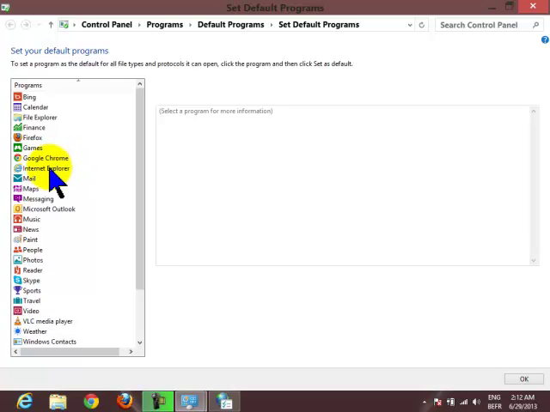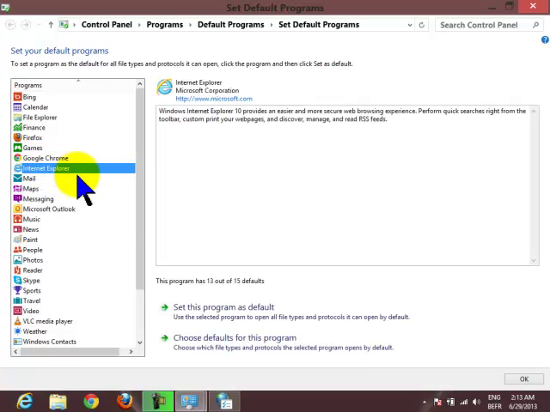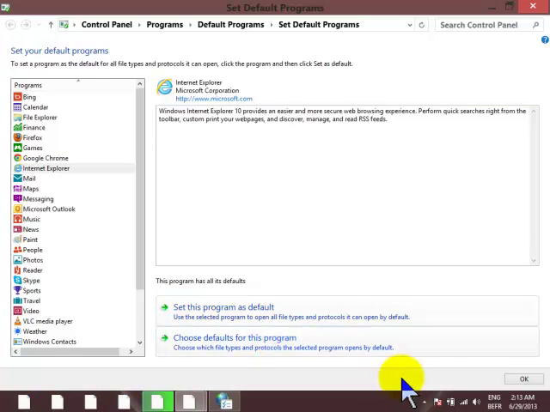All I need to do is go into Internet Explorer. As you can see here, the color is a bit different, it's light, it's not clear. By clicking on Internet Explorer and by clicking here set this program as default and click OK,